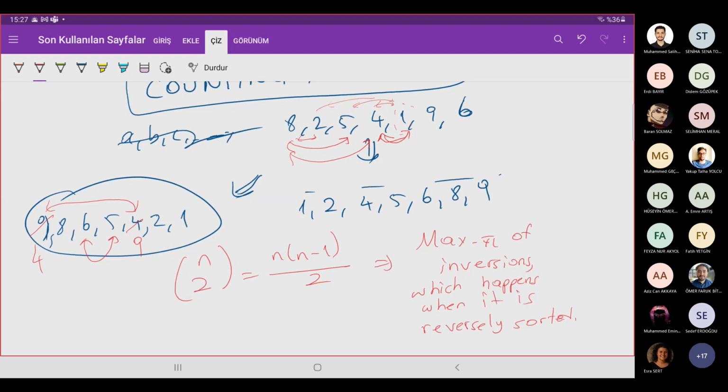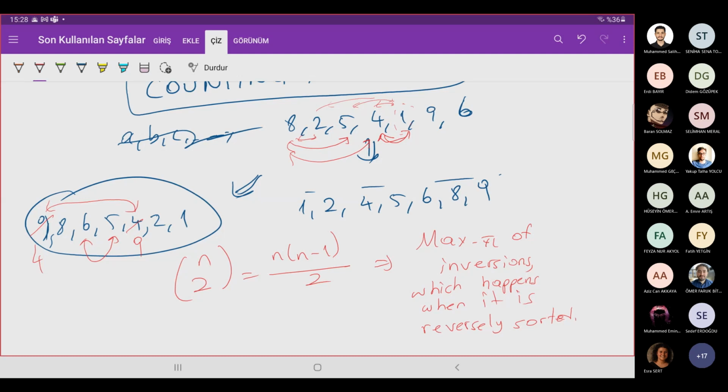If it's close to being sorted, then I can say that, okay, maybe I don't need quick sort here. It's close to being sorted. I counted the number of inversions in n log n time. Now I can apply insertion sort. It would be better maybe than quick sort, because it's close to being sorted. So this gives me a metric, a baseline, so that I can decide whether to use insertion sort or quick sort. And if I can do this counting better than n squared time, and we will see how with a divide and conquer algorithm,